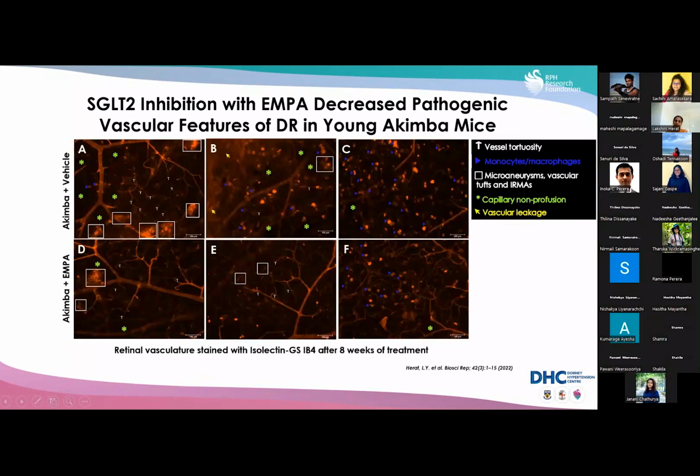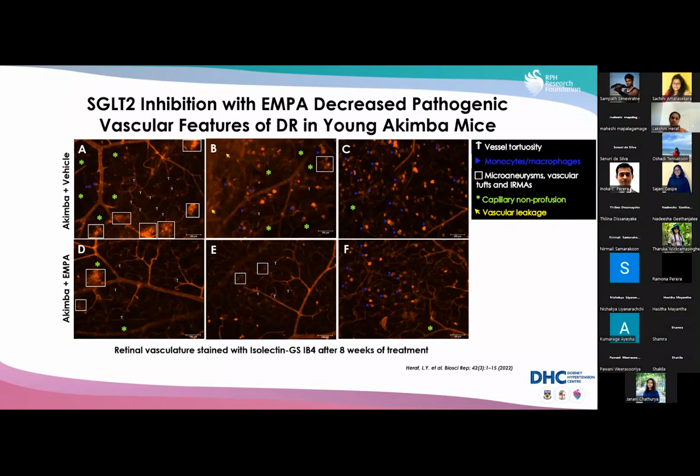We then looked at the retinal vasculature in these animals, and this was done using the immunofluorescence staining method with isolectin B4 and streptavidin Cy3. As you can see here in the above panel, we have indicated several retinal vascular features, such as regions with no capillaries indicated by the green asterisk mark, and diffuse lectin staining indicated by the yellow arrows, and boxes indicating microaneurysms or twisted blood vessels in clumps, and also indicated by the blue arrows, which are macrophages and monocytes, which are